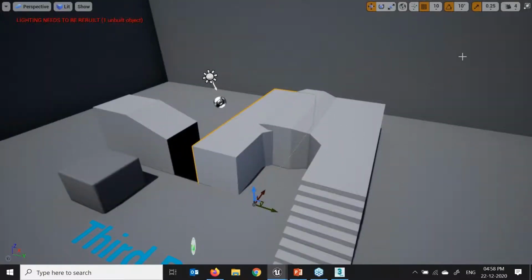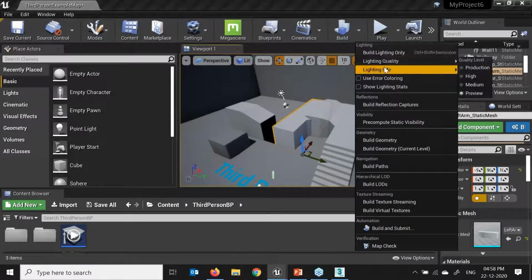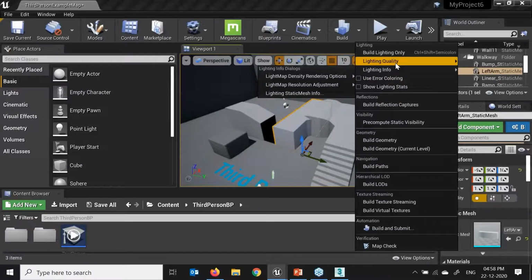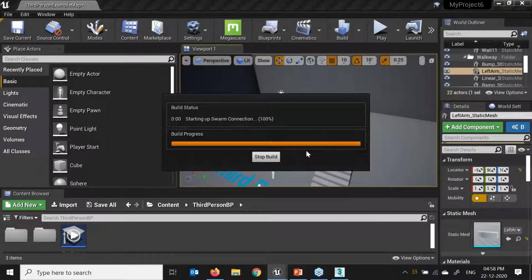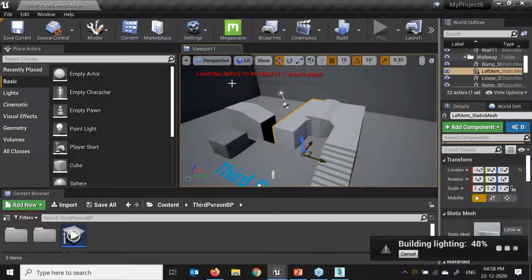So what I'll do, F11, to scale this, build, and say build lighting only. Just click on that. In build, we'll get those options. It will recalculate shadow and the other properties. If you see, once it's done 100%, we will not see this error.